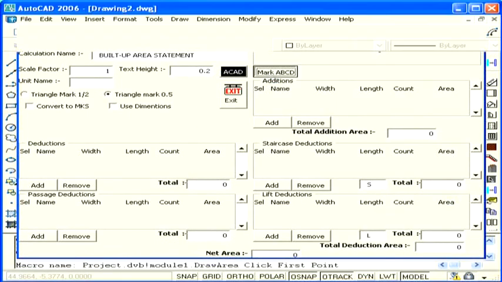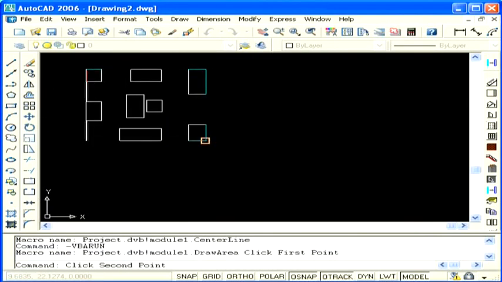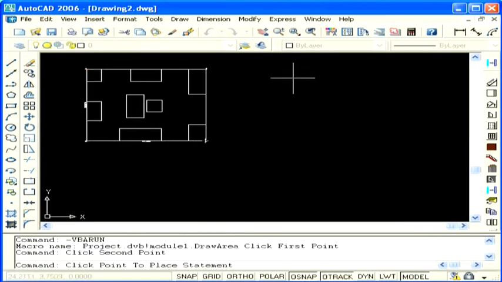The final area after deduction can be viewed simultaneously on the form.